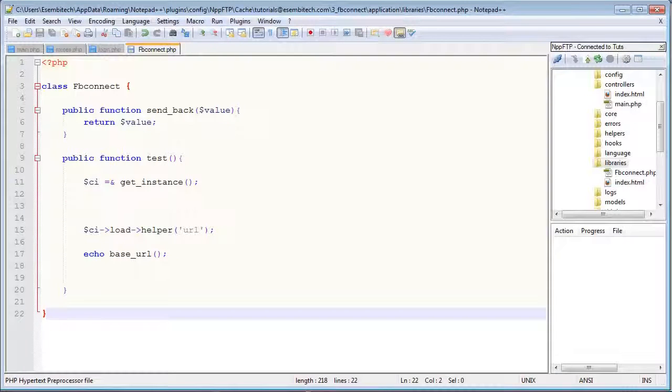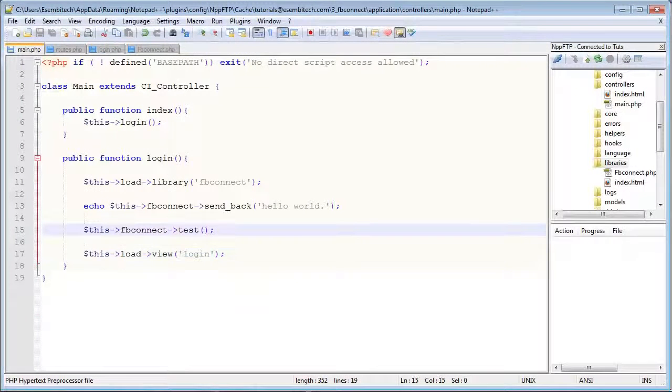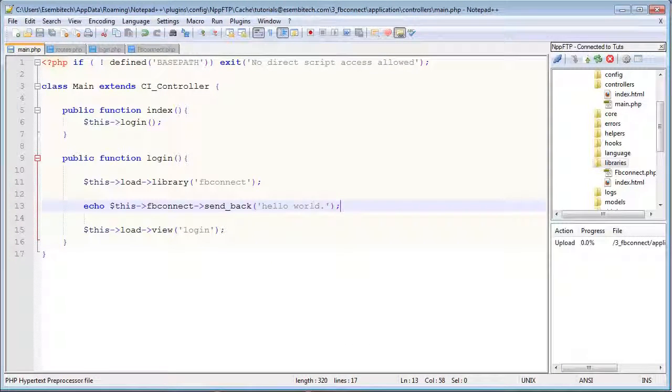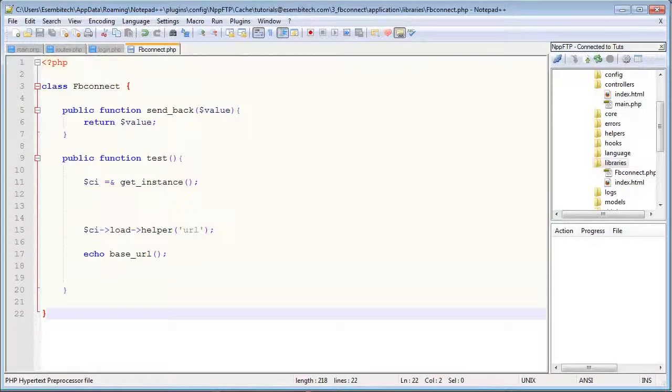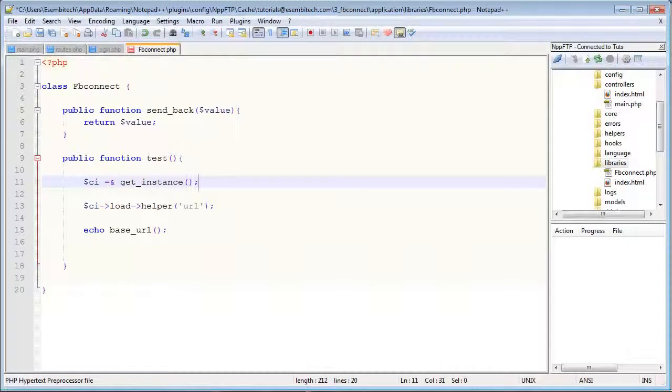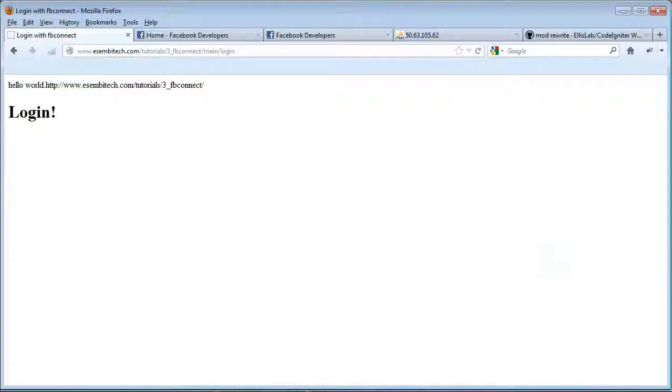so in my main controller, all I want to do is just not call this test function. I'll just get rid of that there, but I'll still have access to that function because it actually is a method in my library. Okay, so I'm going to go to the